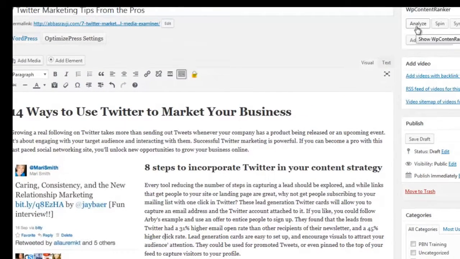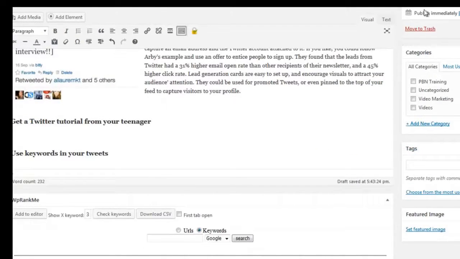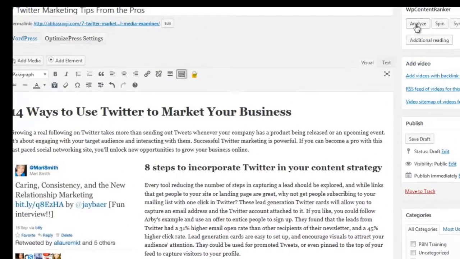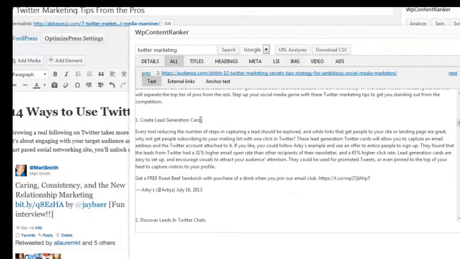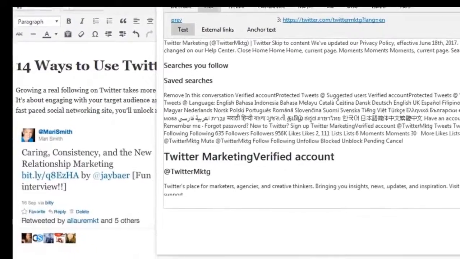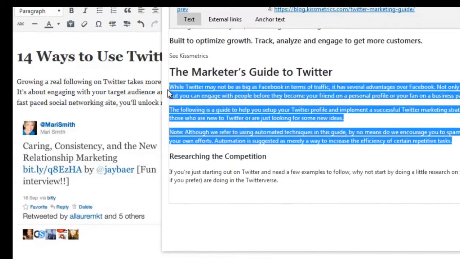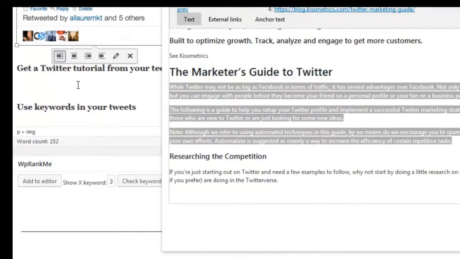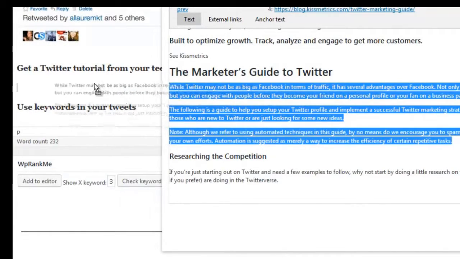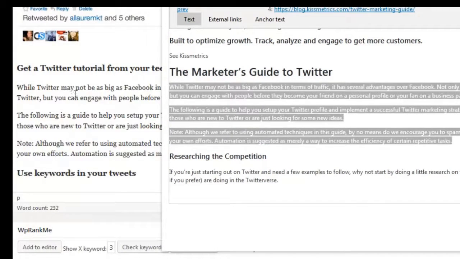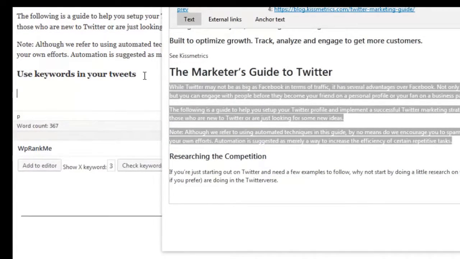Okay, what we can do as well is we've got some more headings and some more content that we want to add as well. So let's go back over to all. We can go over to the different site now. I don't want to take any content from Twitter. We go to Kissmetrics. Let's just say we added and we liked all of this content down here. I could go ahead and go into the area that I want to drag it to, highlight it and drag it inside of there. And finally, if I wanted one down here,